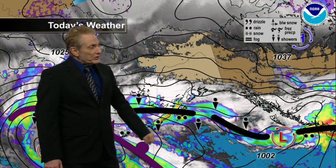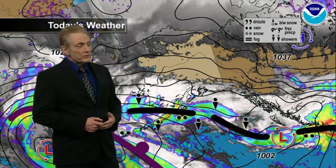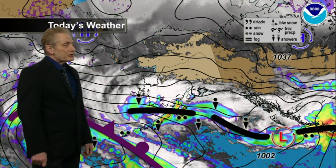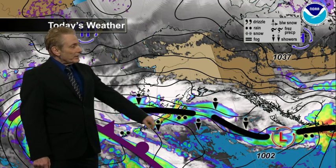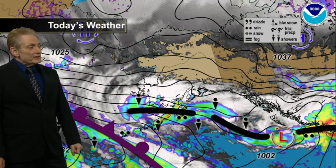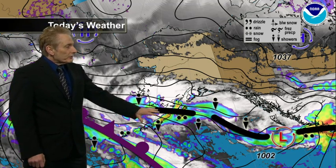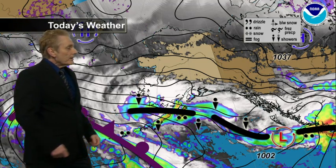Otherwise, some rain and showers along that trough up to the northwest, more of an occasional rain falling along the east side of Kodiak Island with scattered areas of precipitation, mostly on the upslope areas of the mountainous terrain here. Extreme southern Alaska Range, mostly Kachemak Bay, Aleutian Range, and a little more showery conditions through the Alaska Peninsula, and a tighter gradient through here, so winds are gusty but not all that strong. Good for some small craft advisories, and then they diminish back to the west here, and then pick up a